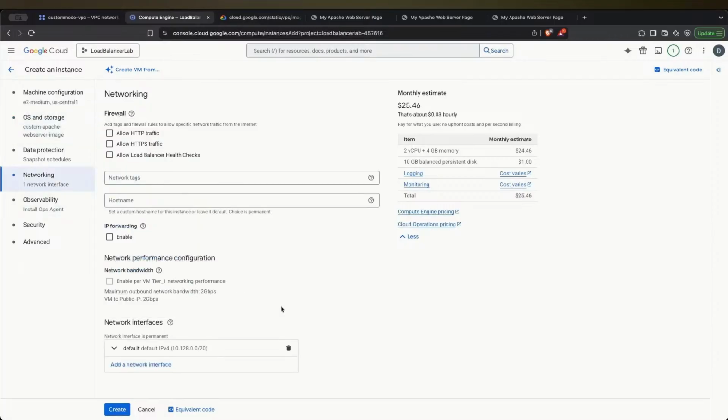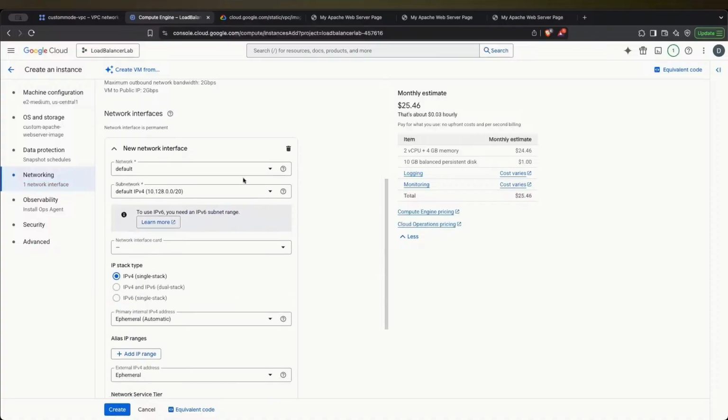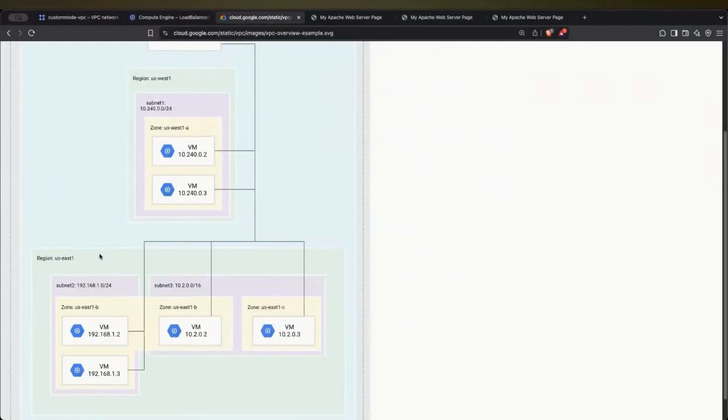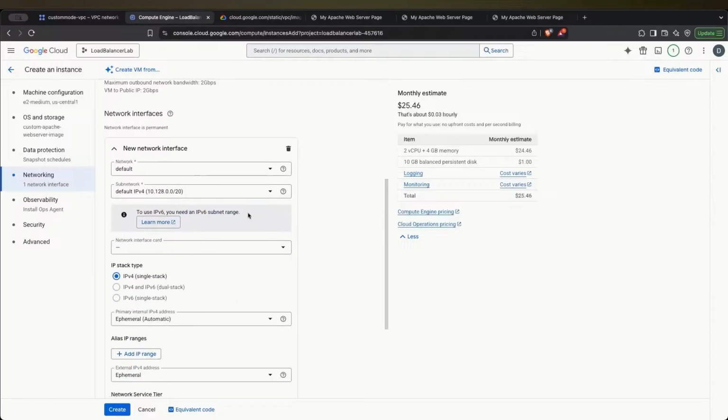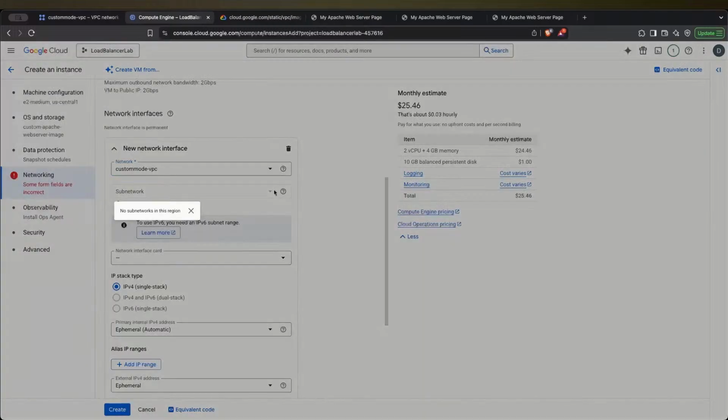And now when I delete the network interface and try to add a network interface inside region US East 1, what will happen? Custom mode VPC, subnetwork, no subnetworks in this region. This means that